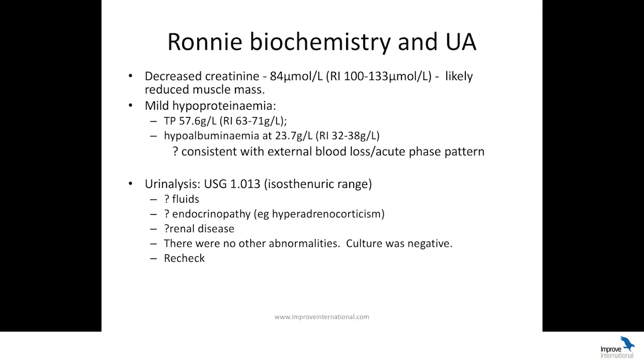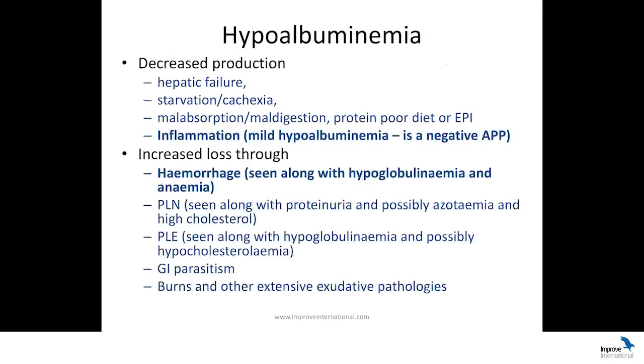Because there are no other abnormalities and culture was negative, the thing to do with these cases is just recheck and see if this isostenuria, this lack of ability to concentrate the urine, is persistent. So for the differentials for this low albumin that we have for Ronnie, we can have low albumin either because